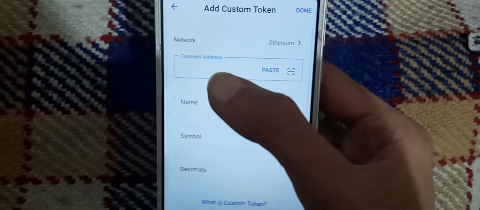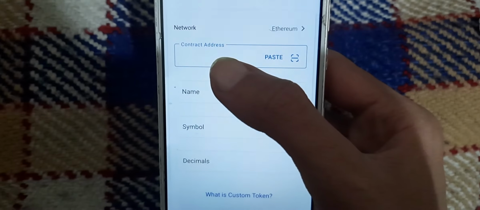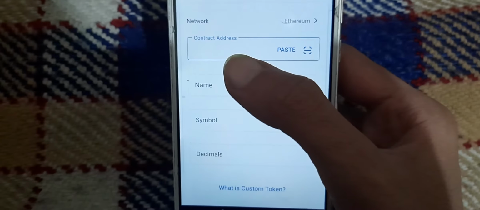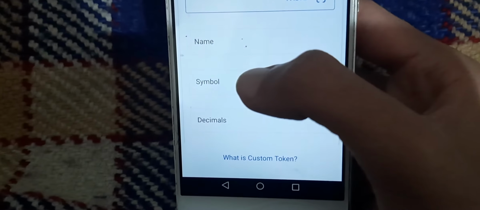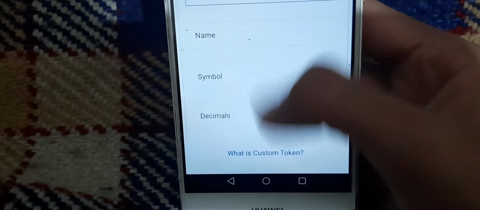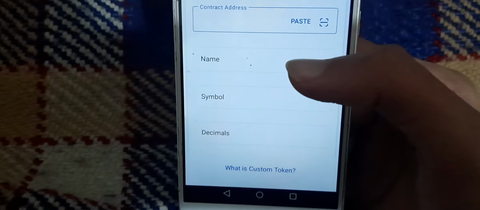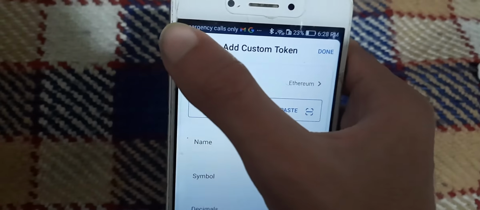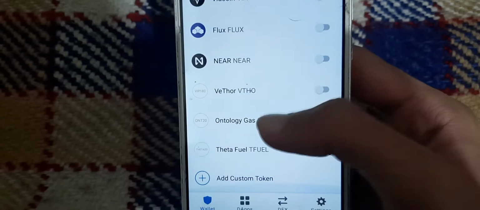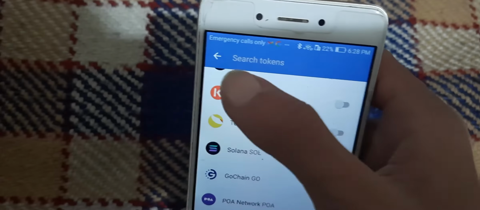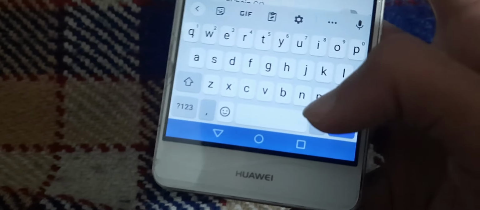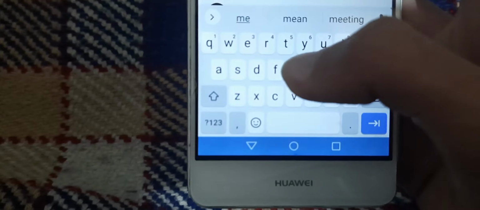Here you just have to paste the contract address of the token which you want to add, and here you have to write the name. Here you have to write the symbol and decimals. These are the simple tasks you have to do in Trust Wallet to add a custom token to your list. And if you want to turn on some tokens, then you just have to click on this and search